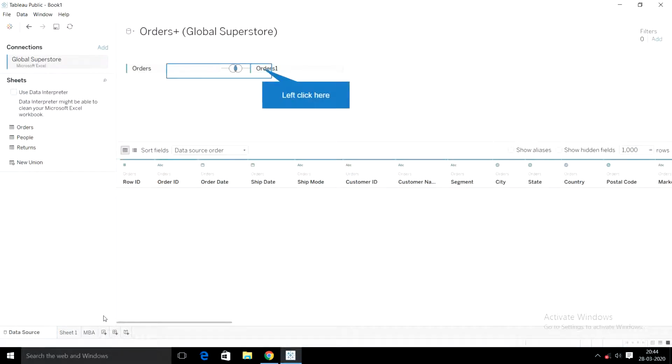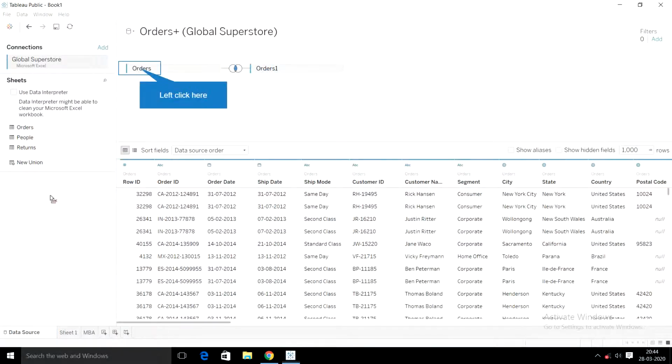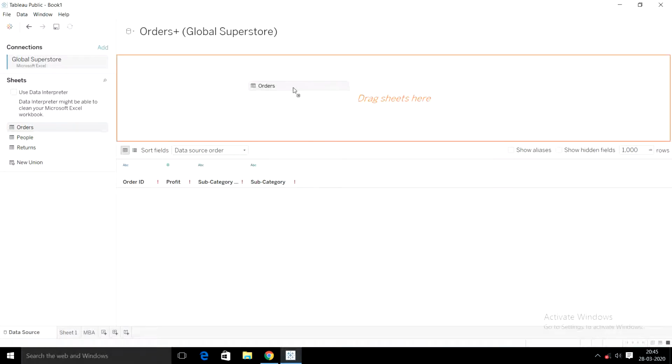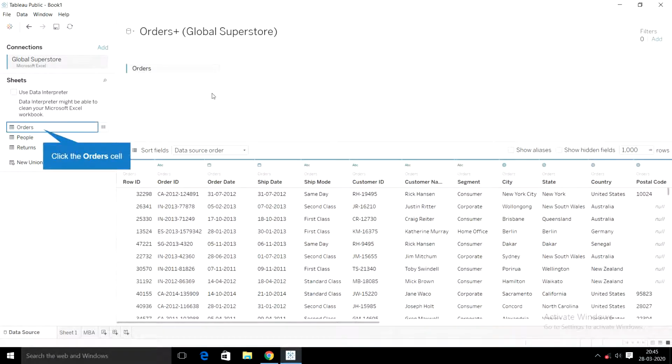The Excel workbook we selected is Global Superstore. That workbook contains 3 sheets: orders, people and return. We are going to use the orders sheet for our MBA purpose, so we are going to drag this orders sheet into this area.